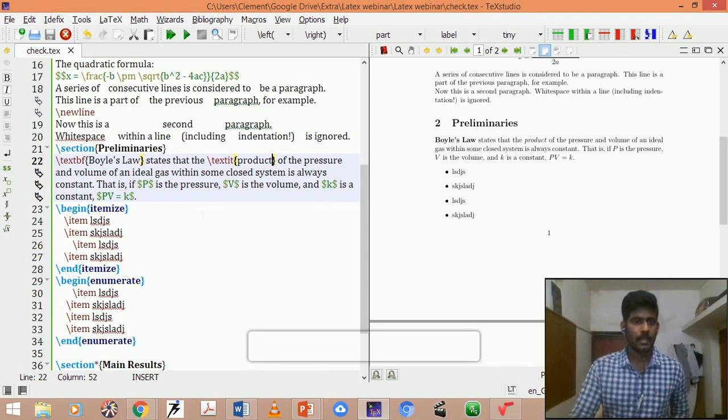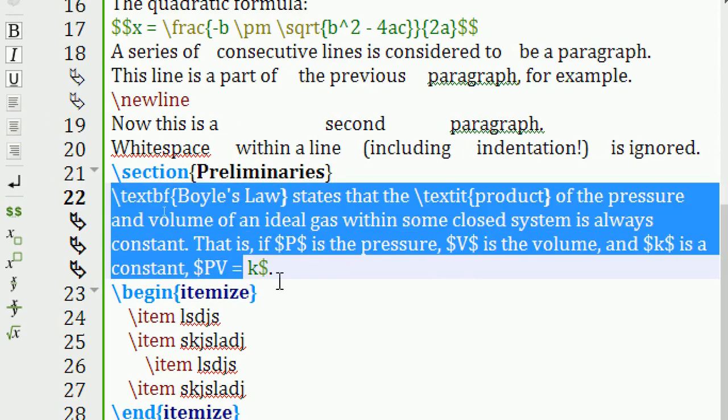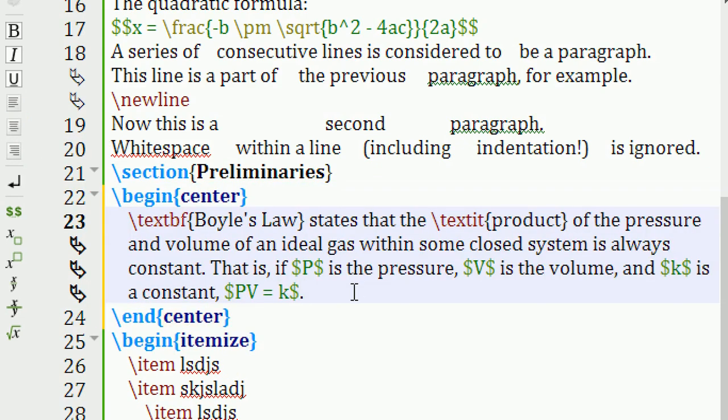Okay. At the same time, you can find some features like left alignment, center alignment, and right alignment. If I wanted to put this particular passage in center alignment mode, I can simply select the passage and give this option.